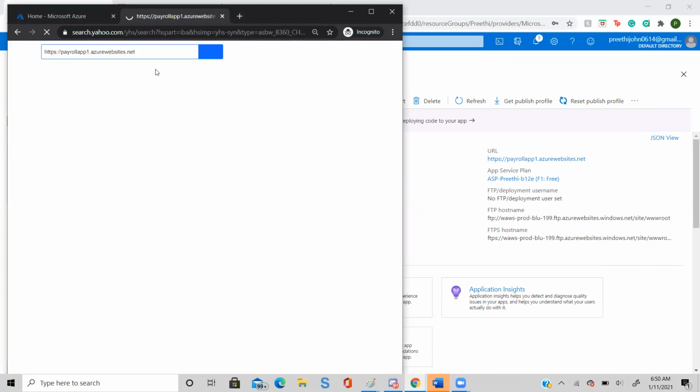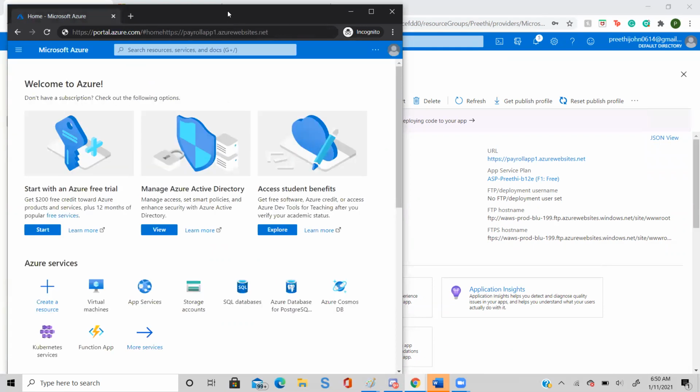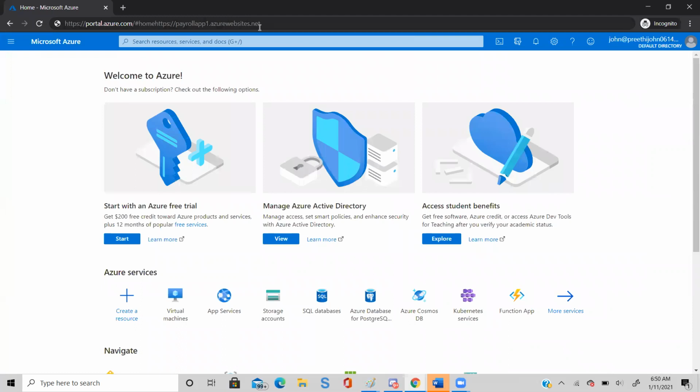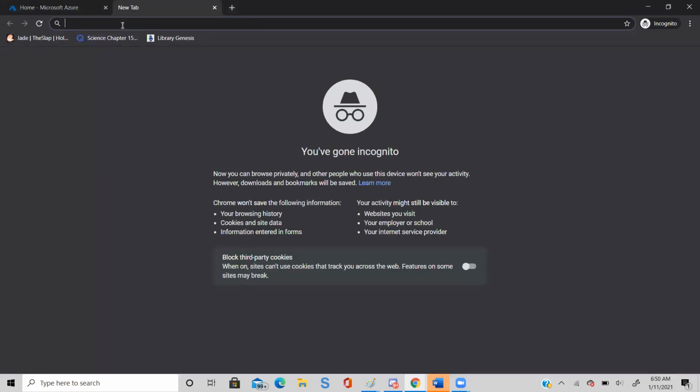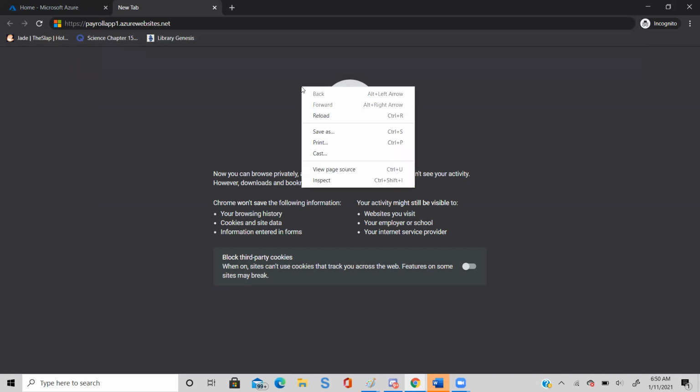And see what will happen. No, I think you have not pasted. Can you make it big? Just paste that URL. No, it's not coming. Just press enter.